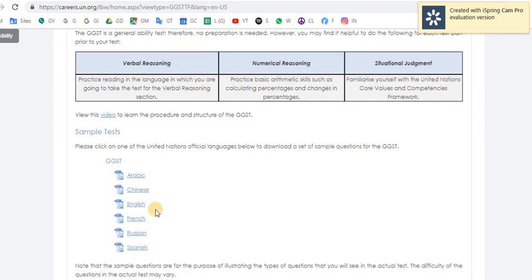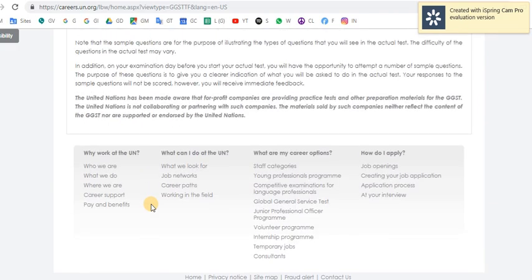Now, here, if you download this file, they will provide you very basic samples of the questions, and the questions are very simple. On the day of the test, the questions will not be as simple as in the samples. They will give you some idea of the test, but I don't want you to get flattered by the fact that the questions are too simple and not pay enough attention to the preparation for the test. That's why